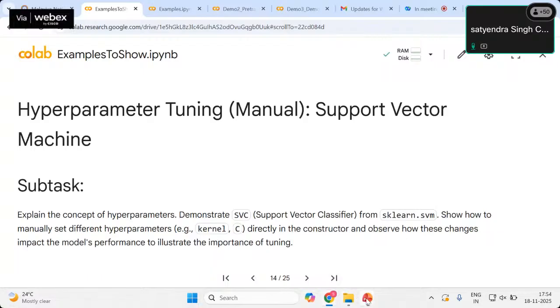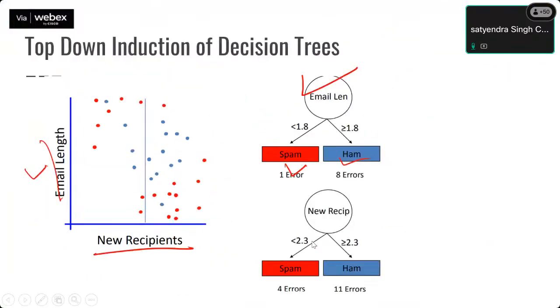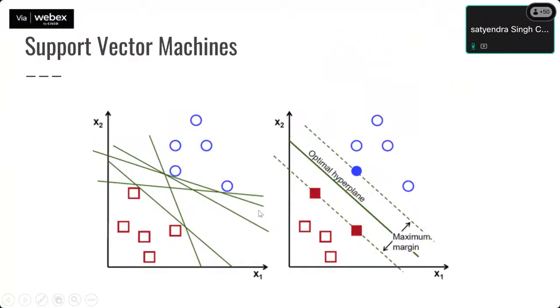So before going to the implementation of support vector machine, if we just look at how support vector machine works, the model tries to come up with a linear separator, which might be two-dimensional or more than two-dimensional. It could be a hyperplane to classify the data into two categories. Initially, it takes a set of, let's say, best fit models, and out of this it tries to find one of the optimal hyperplanes which has the